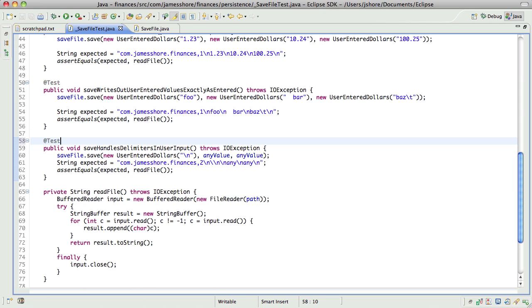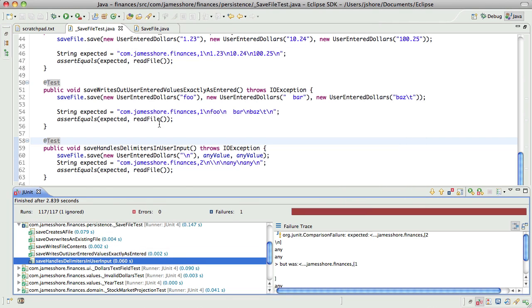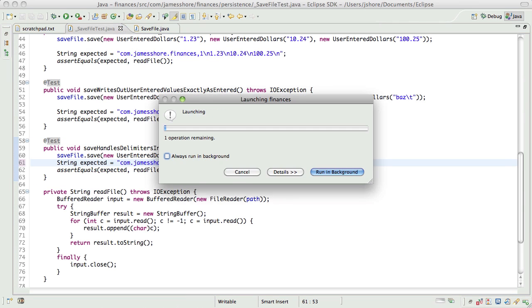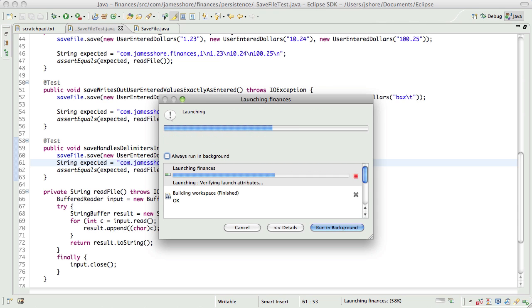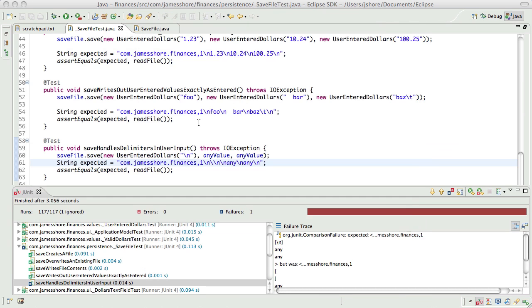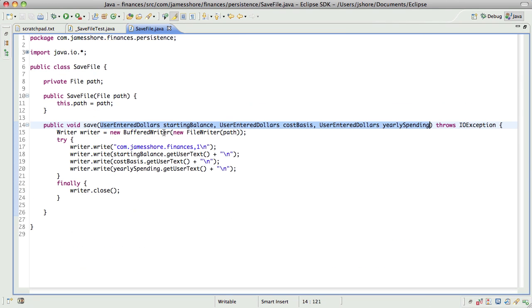And that's why we always want to see a red bar. Okay, let's try that again. Okay, that's more like it. Now let's turn this back to a 1 and see a proper failure. There we go. That's fairly easily fixed